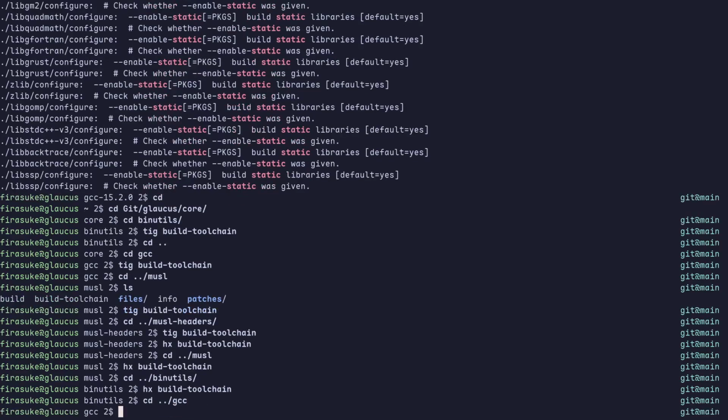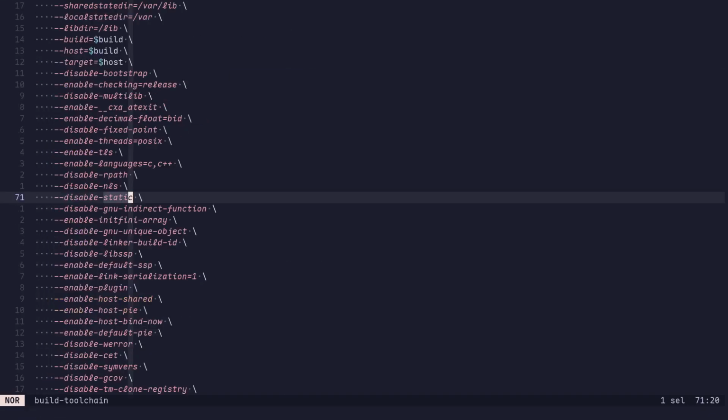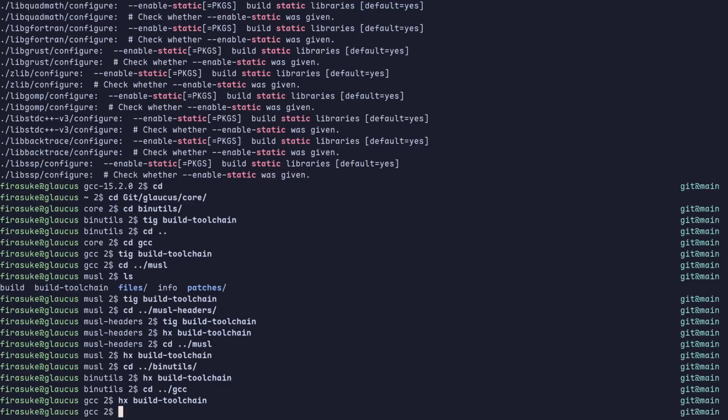Same goes here, and same goes here. I wasn't trying to disable the support for static linking. That would be stupid. I was just trying to disable building the static libraries that come bundled with some of these, not all of them. We still need to rely, like,